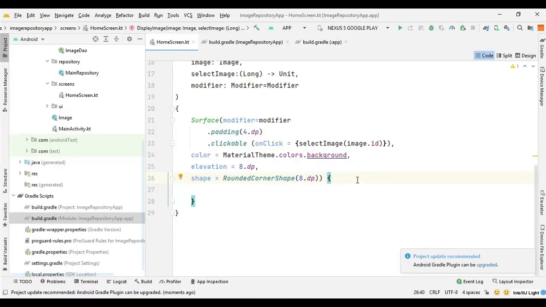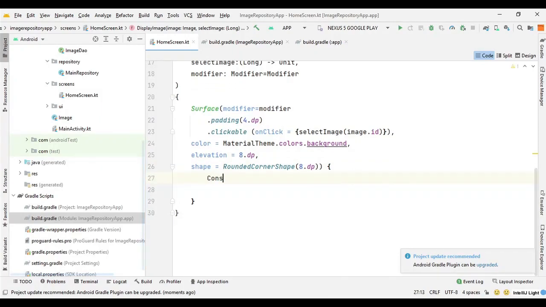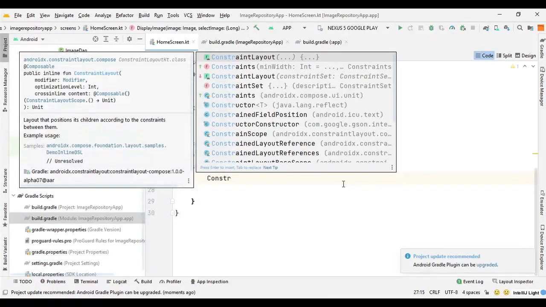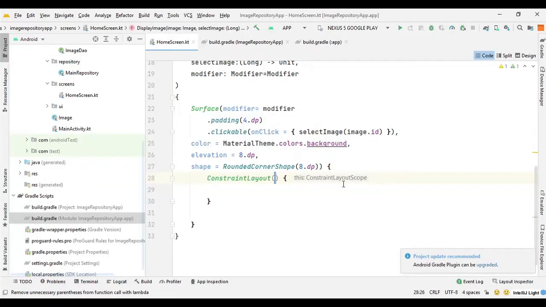Now here we will define the constraint layout. So we can say constraint layout, and here we need to create references. So what are the items that we are going to have in the screen? There are 3 items that we will have. So we will have 3 UI items in the constraint layout, and those are